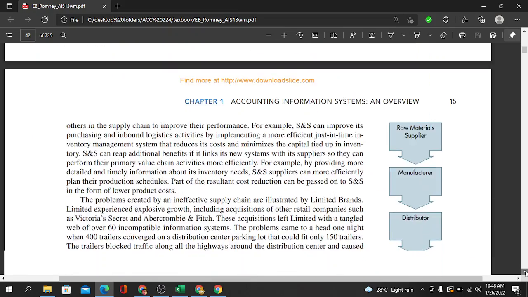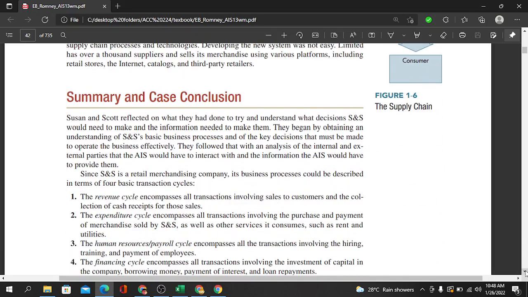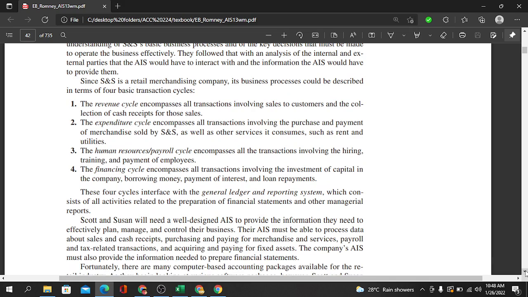Okay, ayan. Na-discuss ito sa ating interactive content. So, we go to the summary. We have four basic transactions: the revenue cycle, expenditure cycle, human resource cycle, and financing cycle. Hindi nilagay ang GL, no? Pero the GL and reporting system, the four cycles will papunta talaga sa GL system. In our subject, ang i-discuss natin is the revenue cycle, the expenditure cycle, and the GL system. This one is for the second, the third, and this one is on the finals, no?